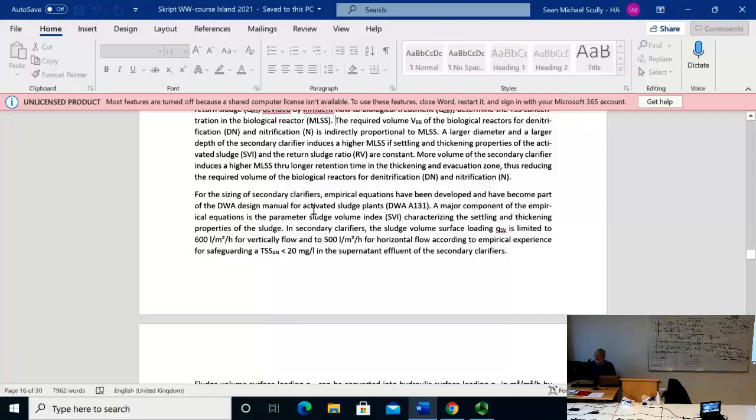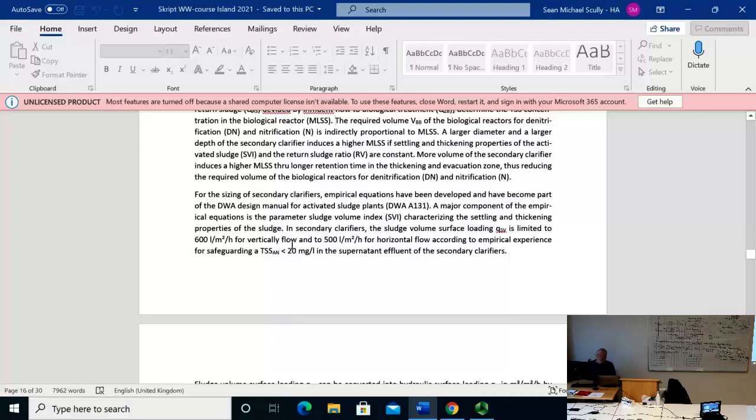A major component of the empirical equation is the parameter sludge volume index, characterizing settling and thickening properties of the sludge. In secondary clarifiers, the sludge volume surface loading, QSV, is limited to 600 liters per square meter an hour for vertical flow, and to 500 liters per square meter an hour for horizontal flow, which is normally the case. Vertical flow, you just have in very small secondary